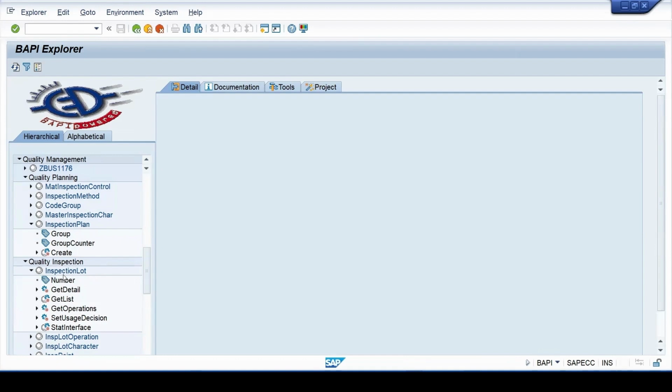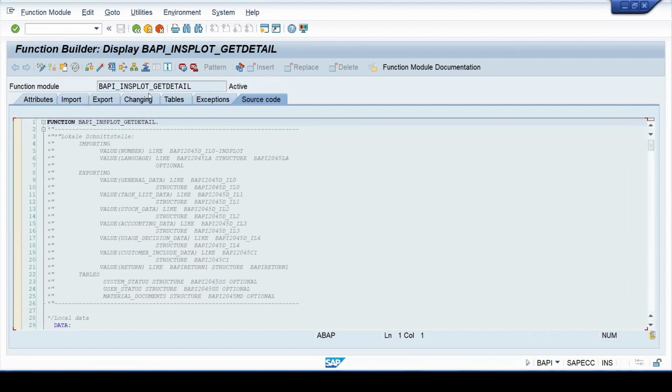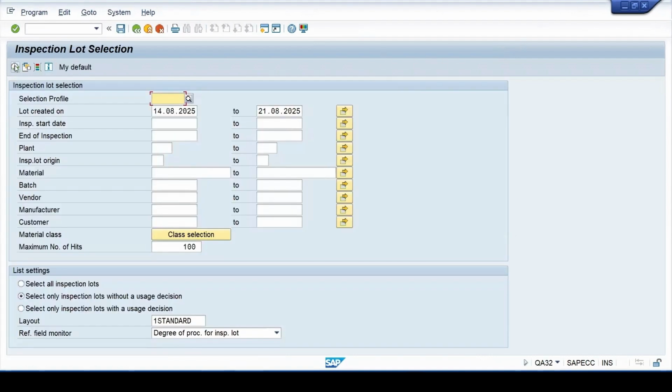Inspection lot. If I click on Get Details and double click on it, here you can see the function module. This BAPI is used to get the information of the inspection lot. If I double click on it, it will open the BAPI. Let me show you, if I go for QA32, take some lot.